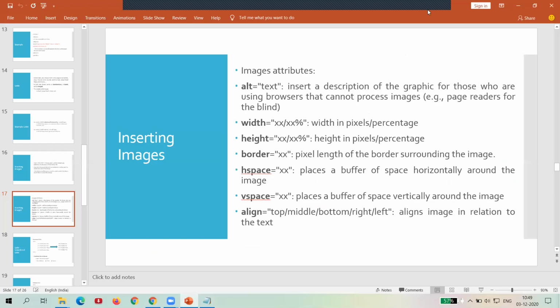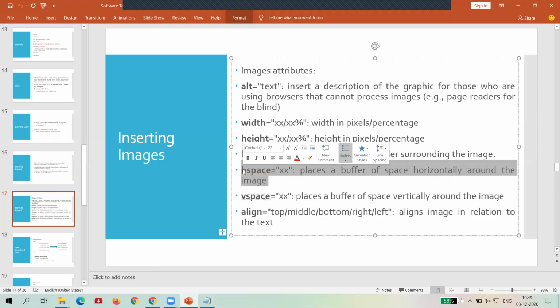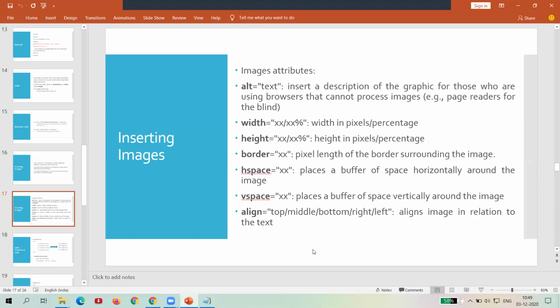Now the next attribute is hspace. The meaning of hspace is horizontal space: you can put a space horizontally around the image. It means starting from the left-hand side, you can put the space horizontally. So we call that hspace.